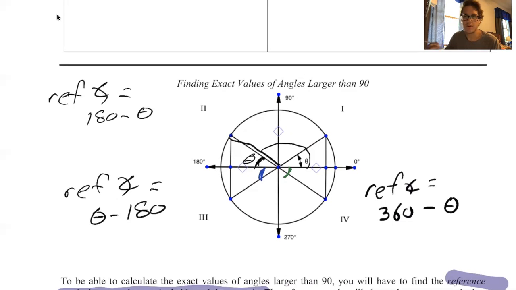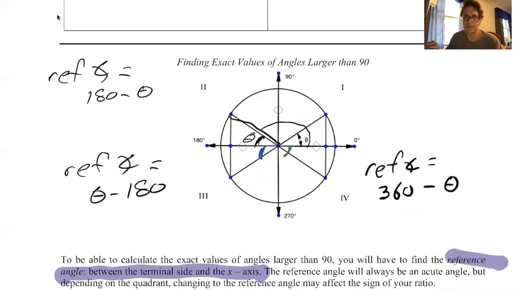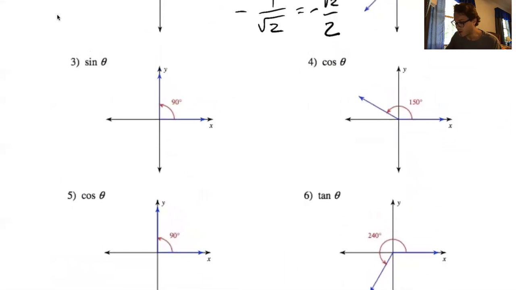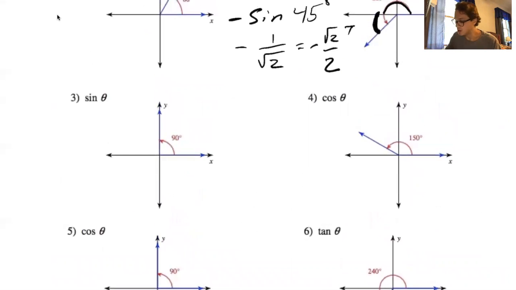Again, I don't find memorizing these formulas is really helpful. Even right now, I kind of had to look at the picture and derive what they are. I don't just memorize what the reference angle is in each quadrant. It's much easier to work these out. So let's look at number 4 here, where we are in quadrant 2. So our process, just to summarize again, we need ASTC,